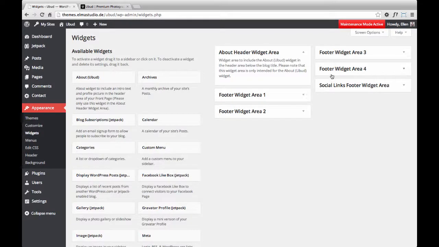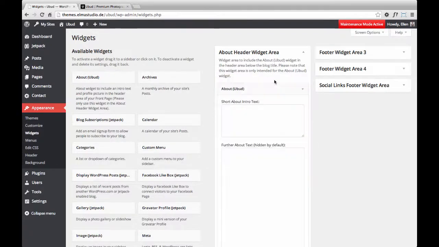The first is the About header widget area I'm going to show you now, and the other options are the 4 footer widget areas, the 4 columns, and the additional social links footer widget area for your social links at the very bottom of your footer. But for now I want to show you the header widget. So you see the About Ubud widget here. You can just drag it into the